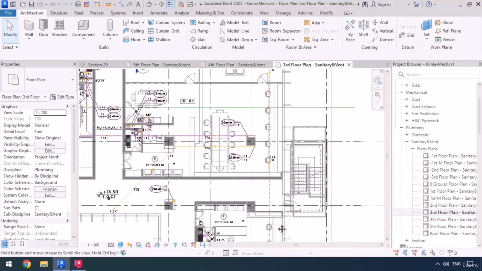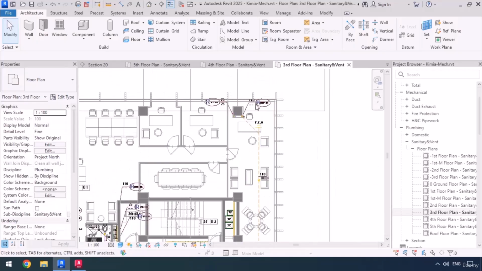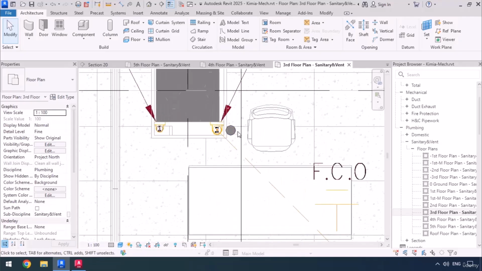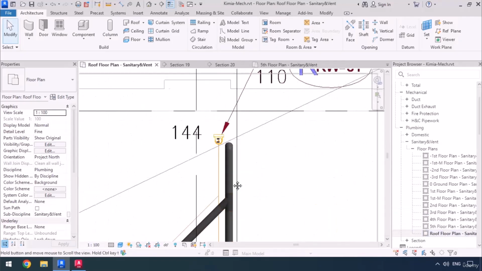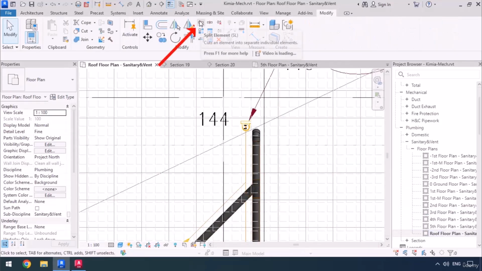So it seems to be that our plans and the riser diagram match, and they are pretty much coordinated. But first I'm going to have to reposition this riser up in the roof. So I'm going to go to the roof floor plan. Now here we're going to go over to the Modify tab, then select the Split Element tool, and I'm going